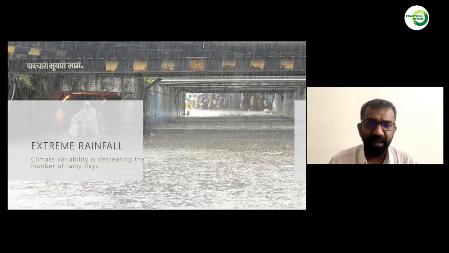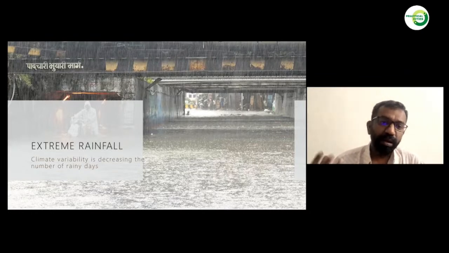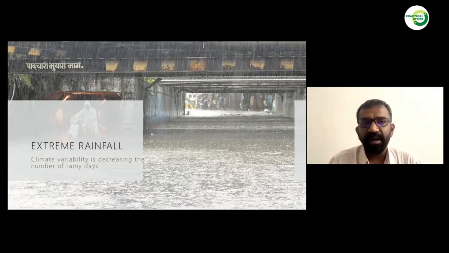And what I mean by the decrease in number of rainy days is even though the average accumulated precipitation over the year remains the same, the rainfall of such quantum occurs within a very short duration. And that's why we are seeing events where there is a 100 rainfall within 24 hours or 200 rainfall within